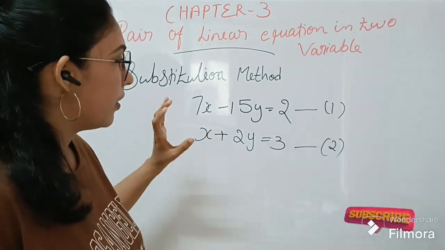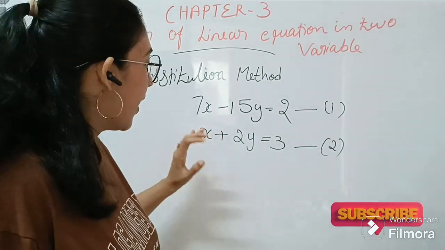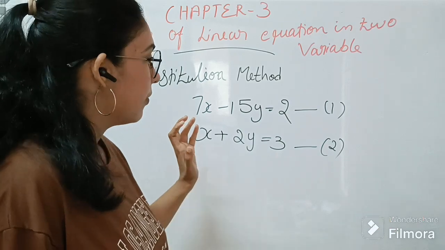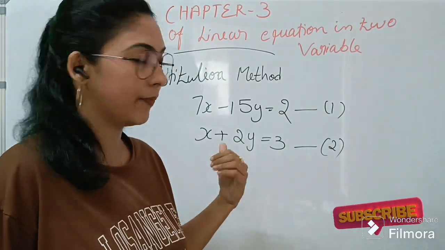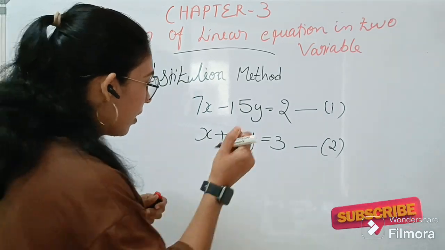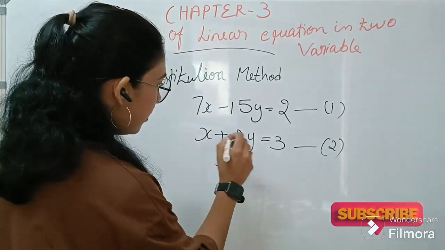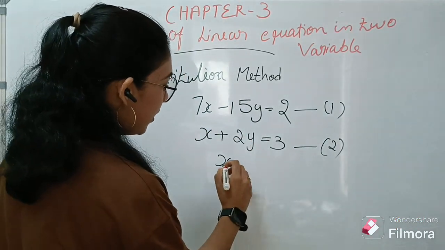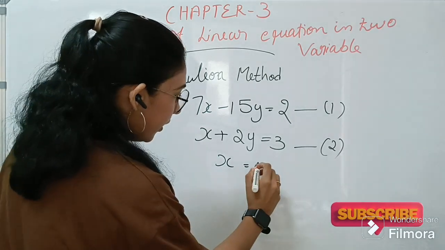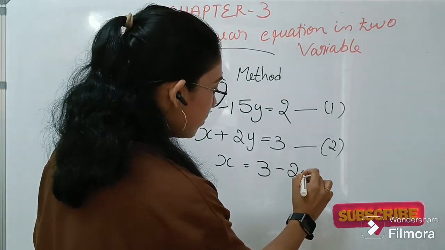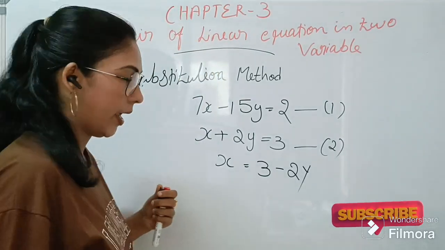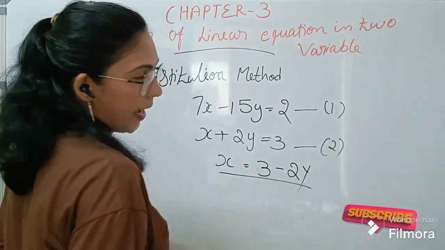So first we take equation 2, and from this equation we find a relationship for x. Okay, so what is x in this equation? From this equation we get x is equal to 3 minus 2y. Okay, so this is x,